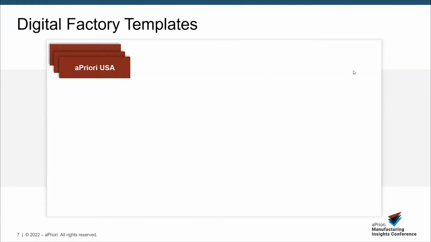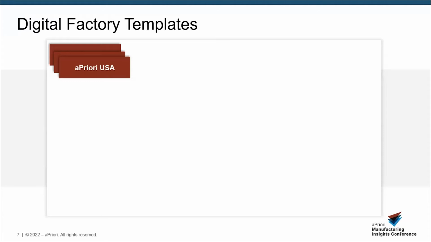When creating a template, you always want to start with a copy of one of our baseline digital factories. So aPriori USA, aPriori China, aPriori Mexico, etc. When creating a copy of these baseline digital factories, you can do it in one of 2 ways: inherited or uninherited. Inherited, as we just discussed, means that when the baseline digital factory is updated, these updates will then be available in the digital factory that is